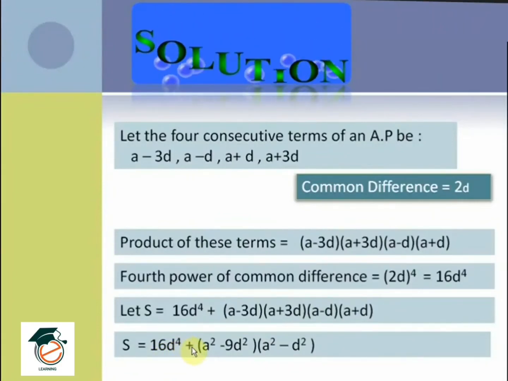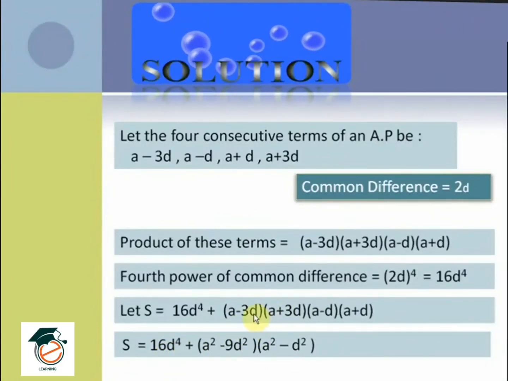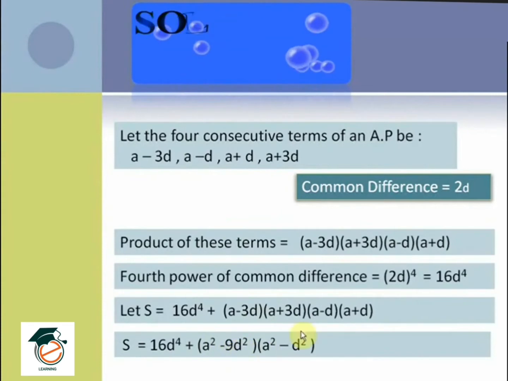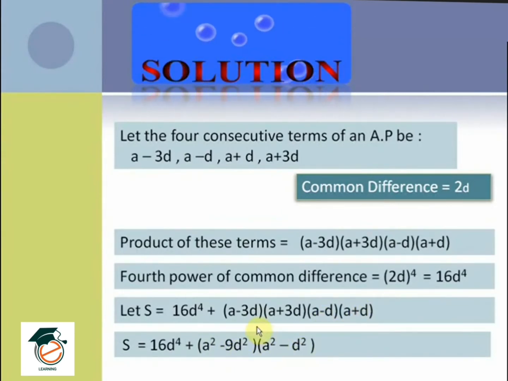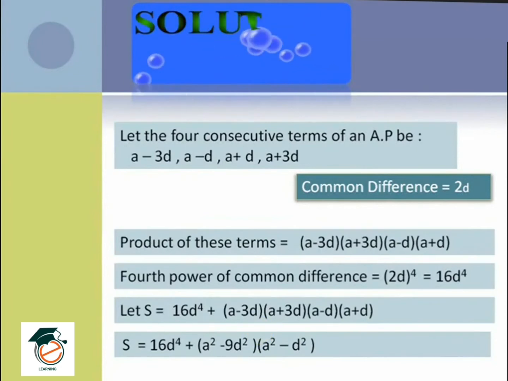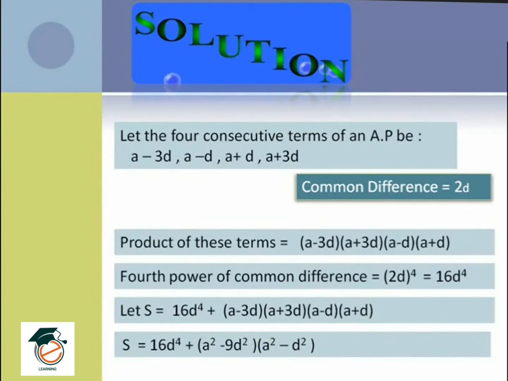16d to the power of 4 plus, when we multiply these two terms, what we get is a square minus 9d square, and when we multiply these two terms, we get a square minus d square. As we know that a square minus b square is always equal to a minus b into a plus b. Now,